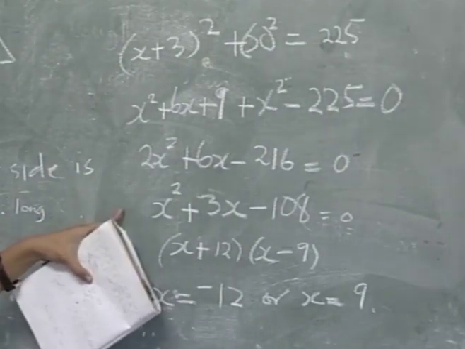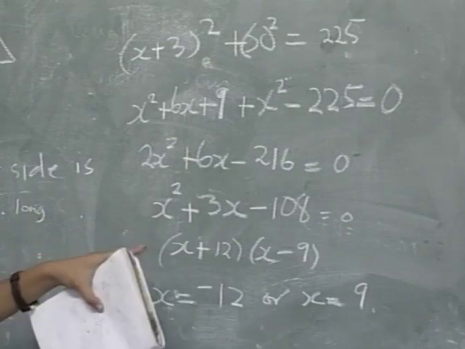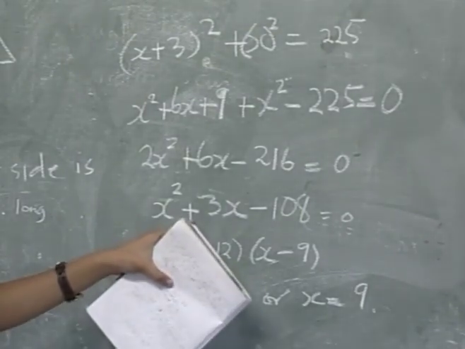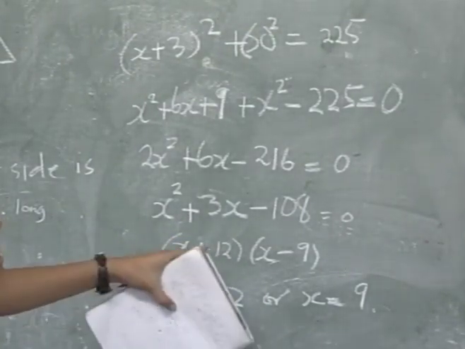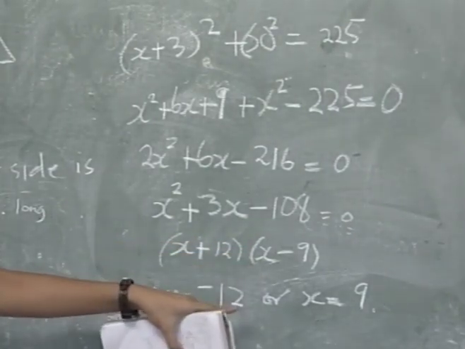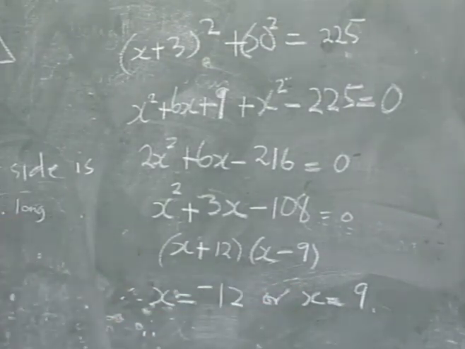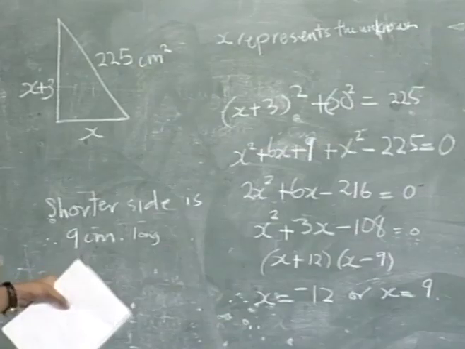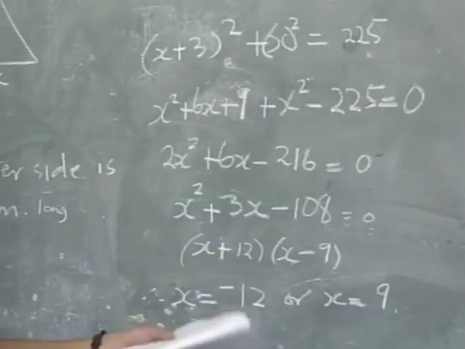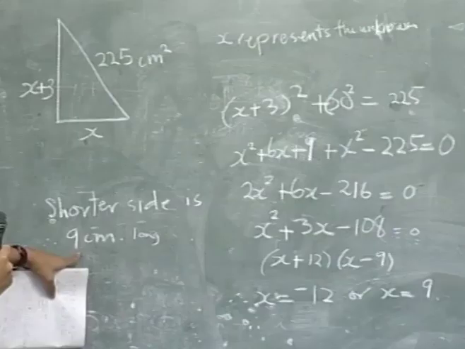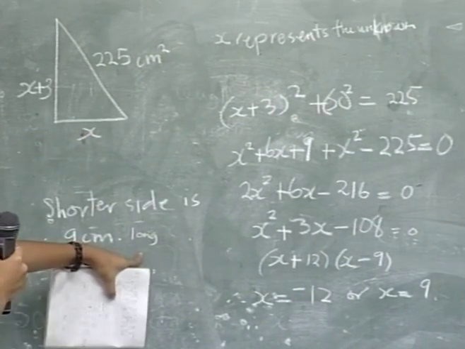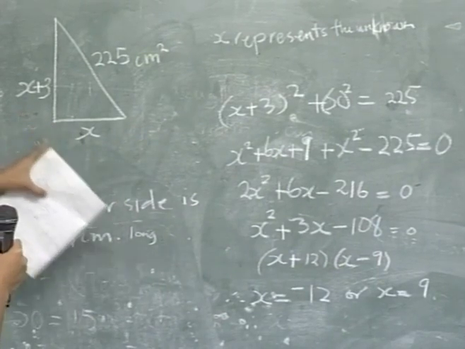And then I factorized, so I got 2 factors that I multiply to get negative 108 and add to get positive 3: x plus 12, x minus 9. X is therefore equal to minus 12, or x is equal to 9. Because we're looking for the shorter side, given in centimeters, we disregard minus 12, so x is equal to 9. So if the shorter side is 9 centimeters long, then the longer side is 12 centimeters, so it's 3